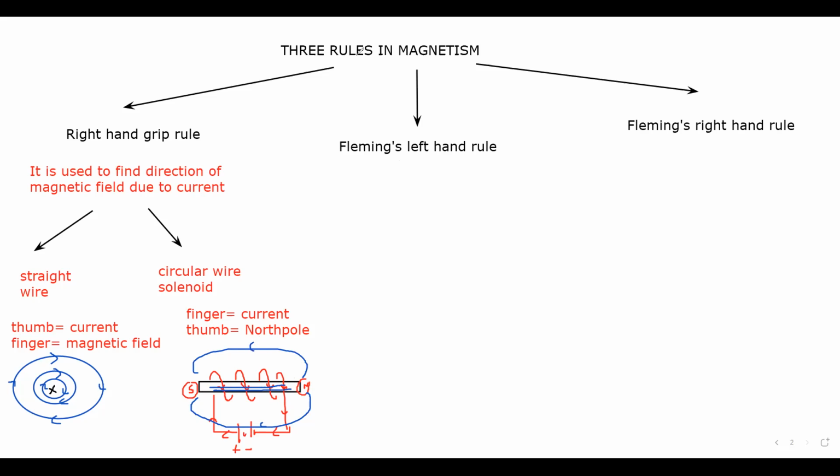What is Fleming's left hand rule? Fleming's left hand rule is used to find the force on the wire which is carrying current in a magnetic field. And in this rule, the first finger